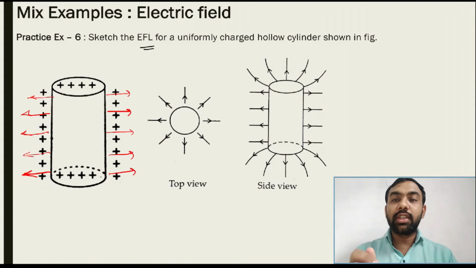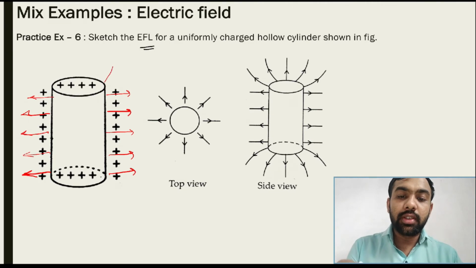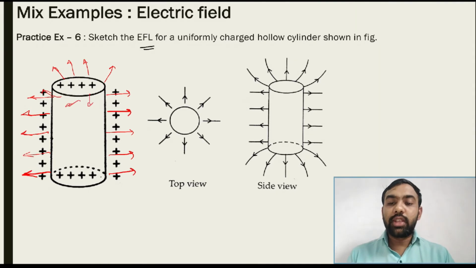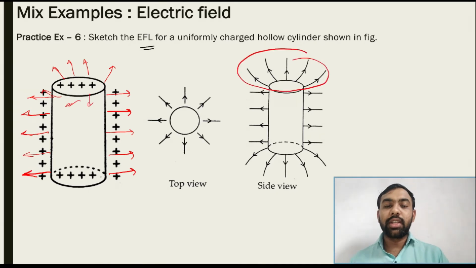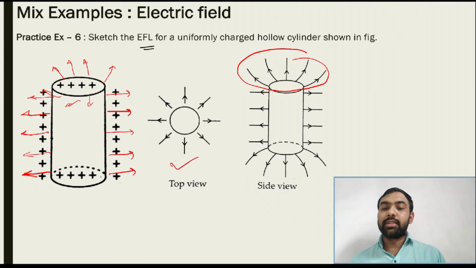Now for the upward side of the hollow cylinder, electric field lines are perpendicular to the surface. Electric field lines are perpendicular to the surface. So here it is perpendicular to the surface. Actually this figure is like this. Okay, but that is quite difficult to understand. And if you just see it from the top, then your figure is like this. So the electric field for this type of situation you just draw in such a way. Okay, all of you guys note this example.